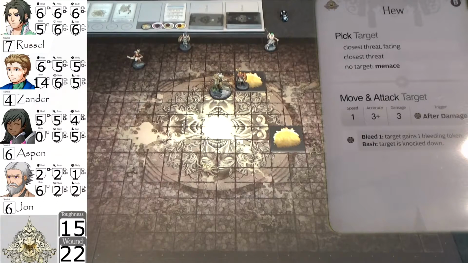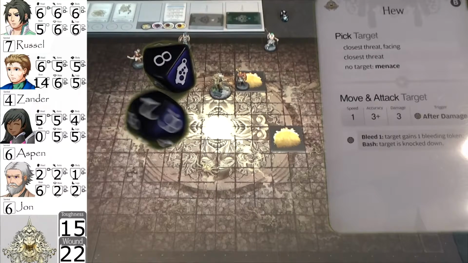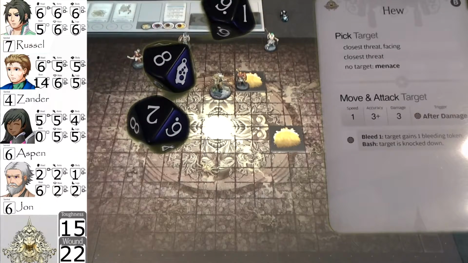So that's the accuracy. Oh, he's got +2 accuracy too. So okay, my bad. So he's got +2 accuracy. So it's just an 8. Yeah. Because it would be a 10, then we'll add the +2. So it becomes an 8. He needs an 8 to hit with a 3 speed. Are you kidding me? Well,